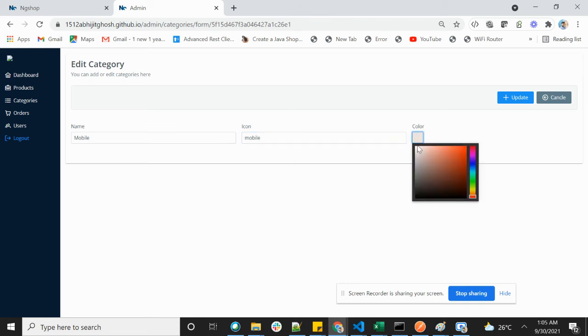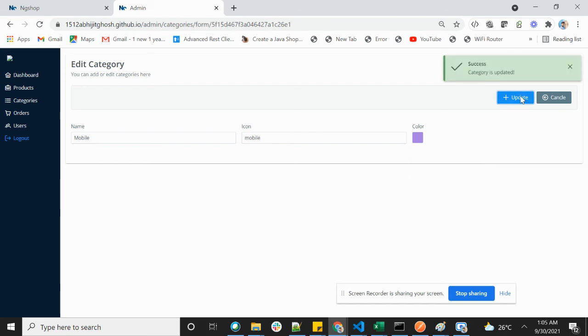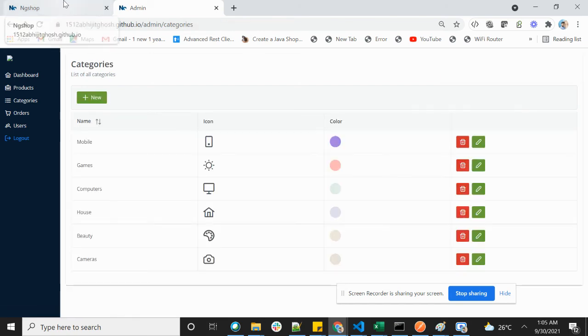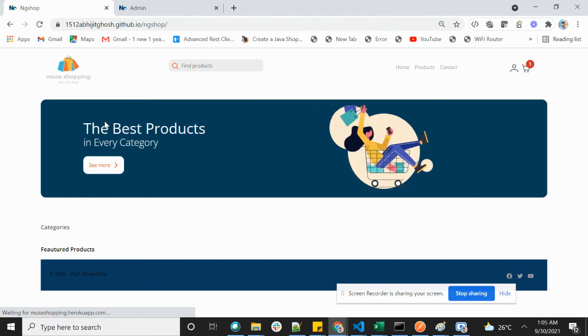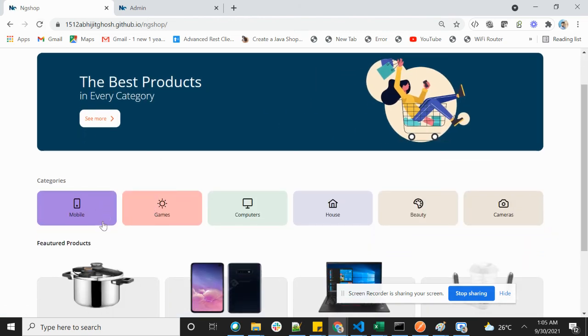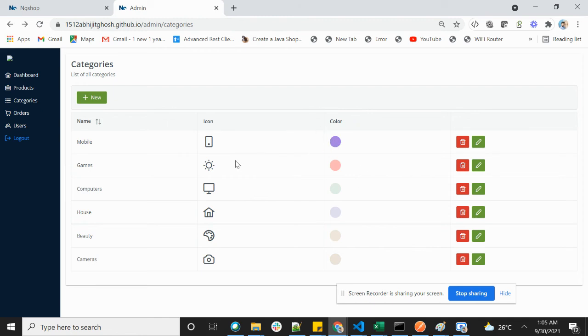Suppose let me make the mobile background green or purple. Okay, and if I update it, now you can see the mobile background color. This mobile is now this color, right? Now it should be purple. Look, this is purple now. So in this way you can change this.